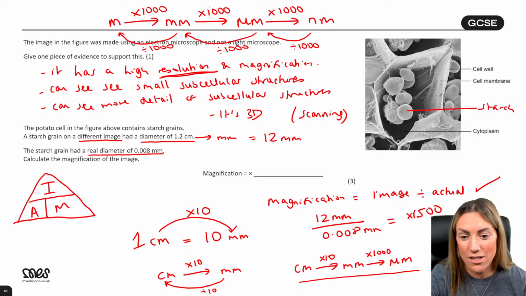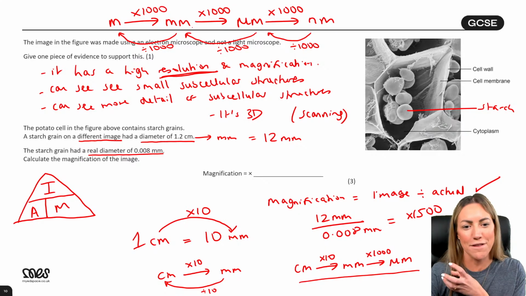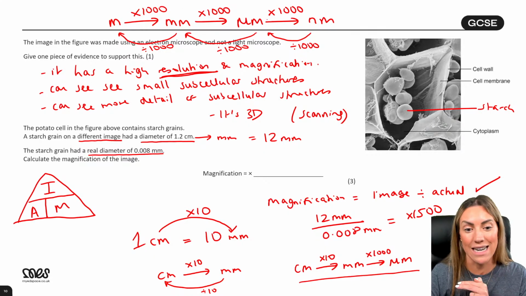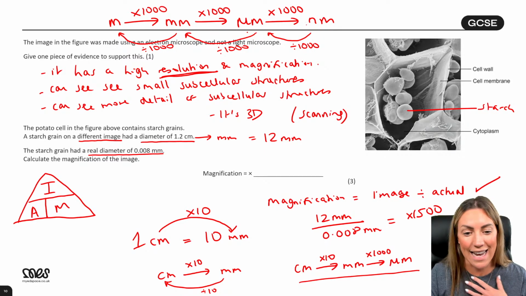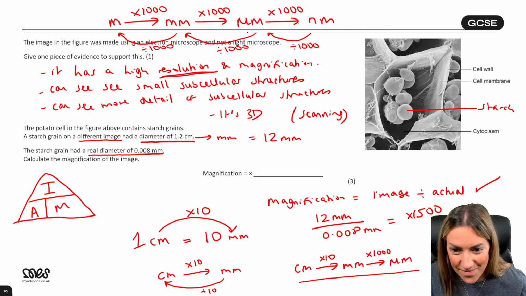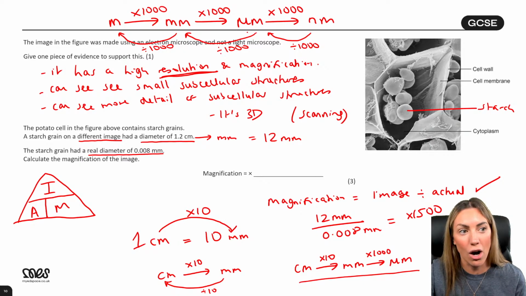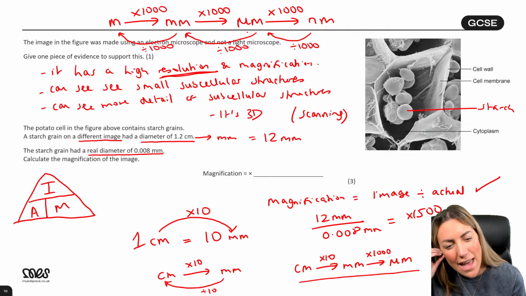Meters to nanometers. Look, the diagram at the top is everything you need, isn't it? If you're going all the way from meters to nanometers, you're timesing it by 1,000 3 times. You could even do it in stages. If you're not confident, times it by 1,000 to get it into millimeters, times it by 1,000 again to get it into micrometers, and then times it by 1,000 again to get it into nanometers. The little flow diagram at the top shows the most common conversions for biology.